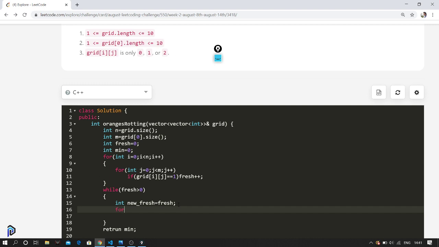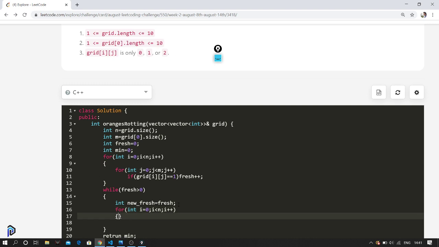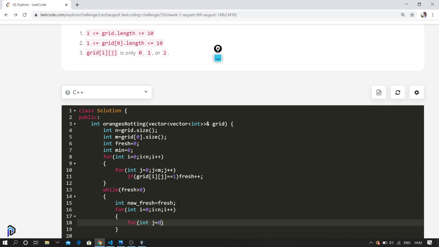So then what we do is we again iterate through all the cells. It's kind of a BFS approach that we are taking.